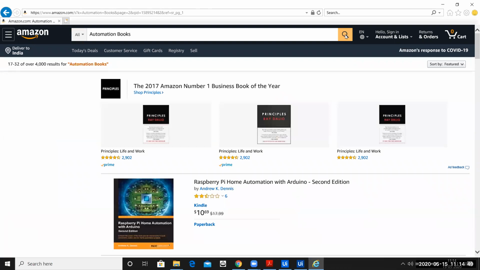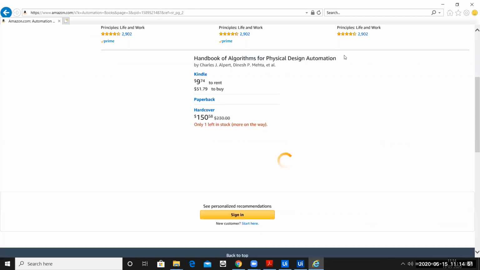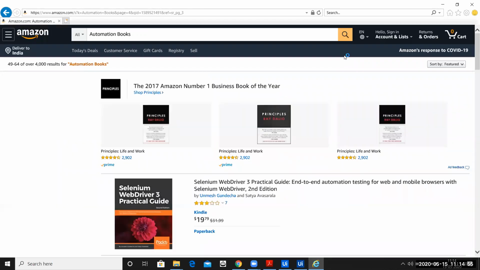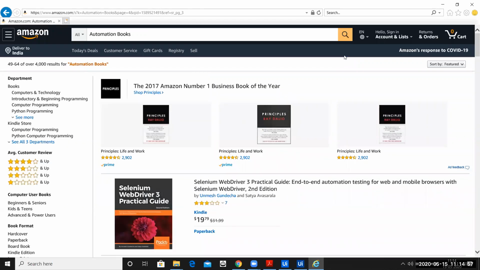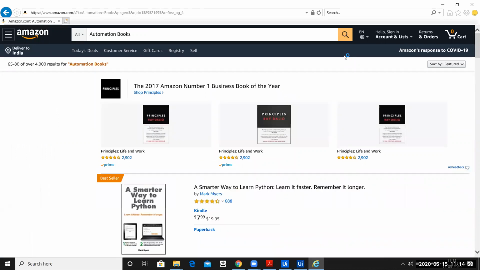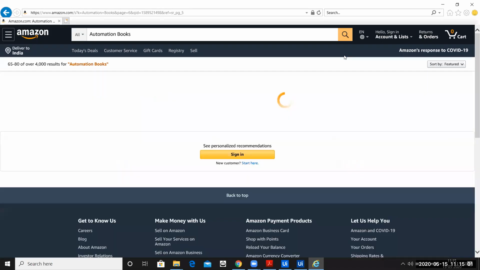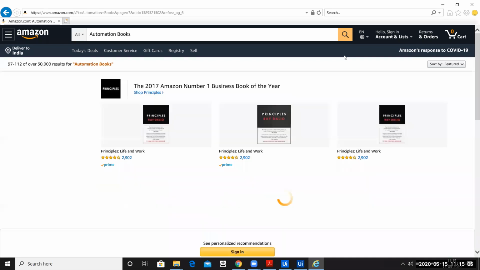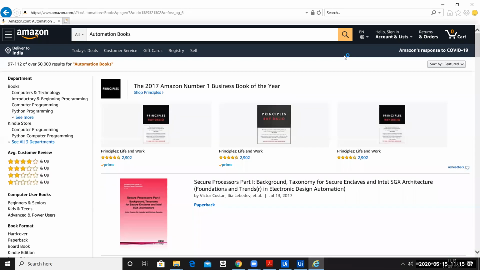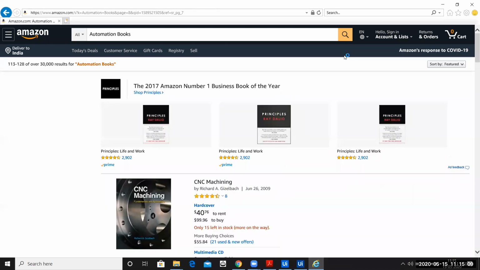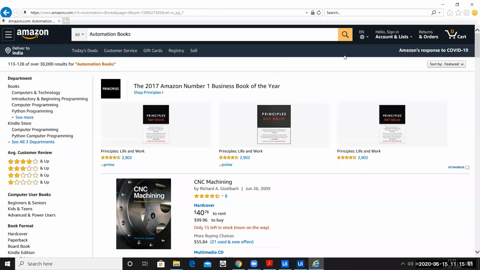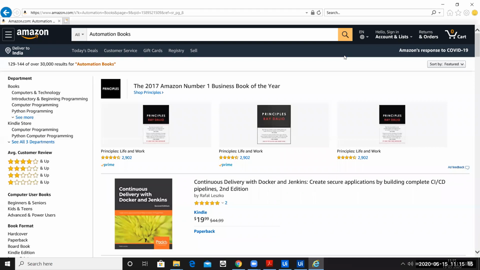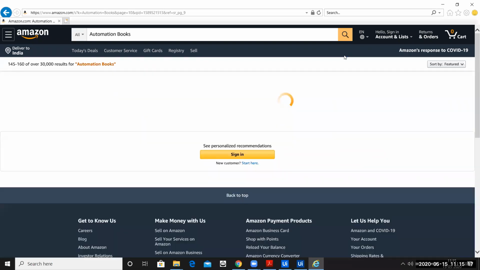So can you see? It has gone to the second page and you can see it is automatically scrolling to the third page. Page 4, you can see in the address bar, page 4, page 5. So automatically it will keep on navigating to the next page till it has captured 50 records. The moment it captures 50 records, it will stop scrolling and then stop the automation.